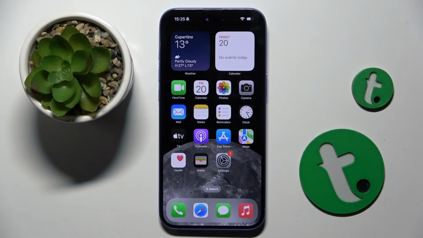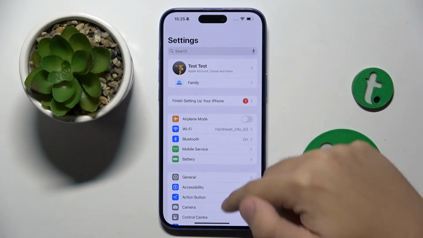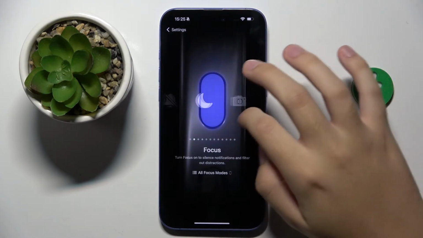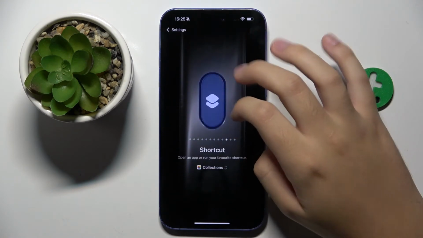Alright, so to do this, firstly we have to open our settings. Now we have to open action button option right here. And now here, as you can see, we have to swipe almost all the way to the left where we